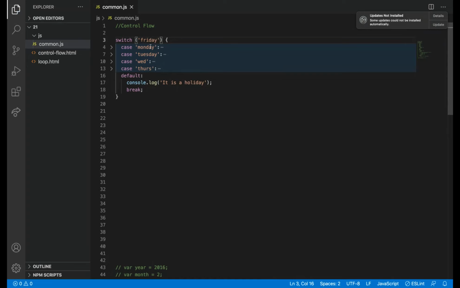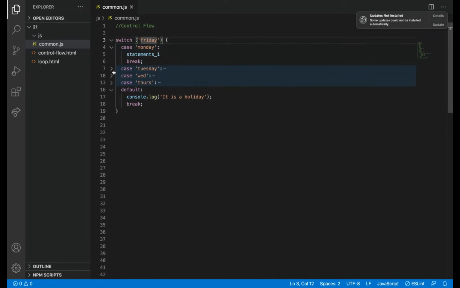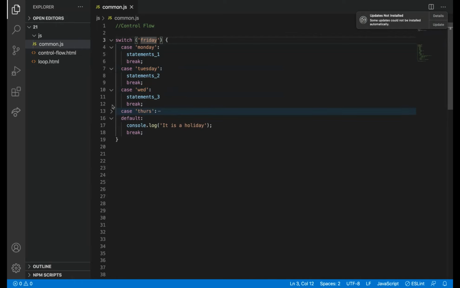Why? Because I have not written any case label which matches Friday, so it will give holiday. Then we will first try to execute these steps.